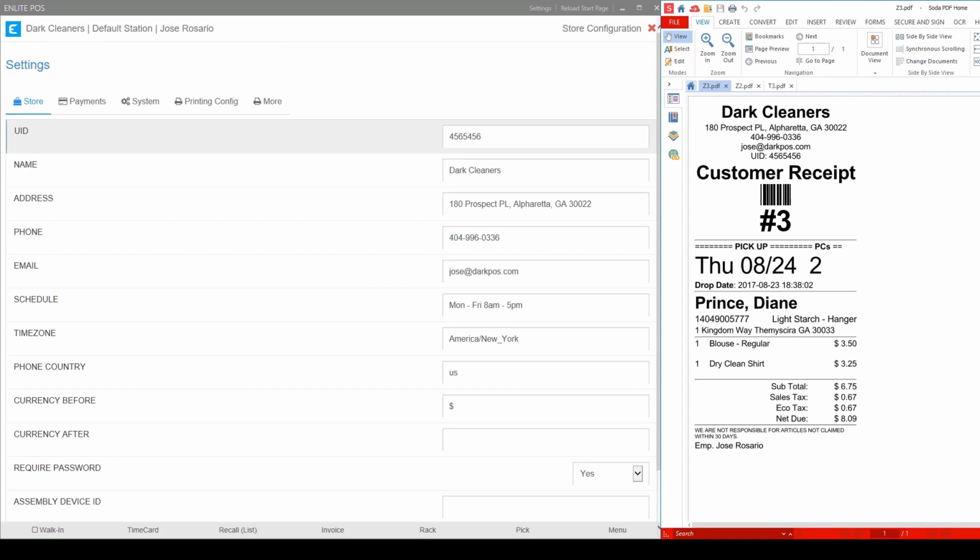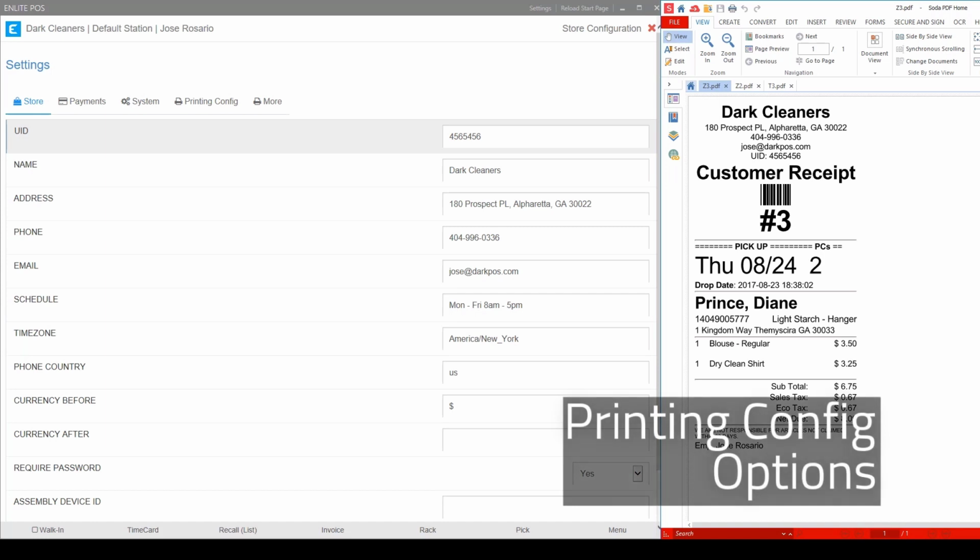Basically, whatever you enter in these fields is what is going to show up in your tickets, your quick tickets, your customer receipts, your shop tickets, your payment receipts. So I do want to show you a few more settings here. If we come over to printing config,